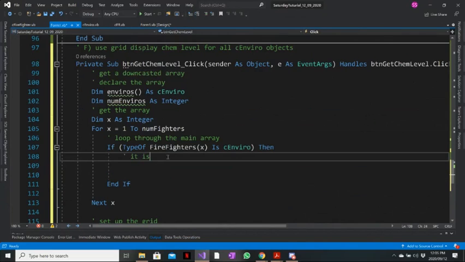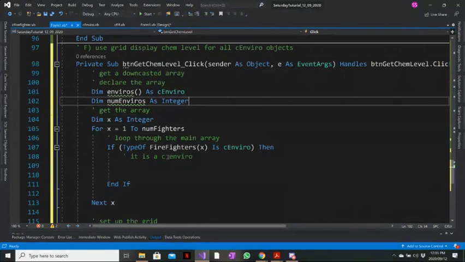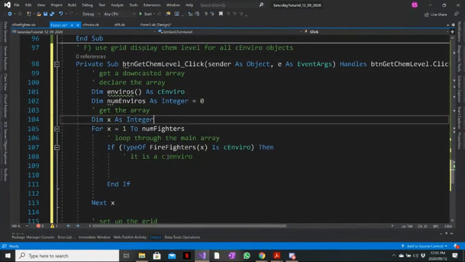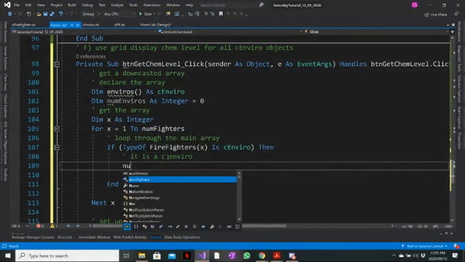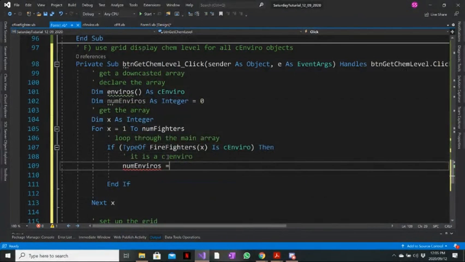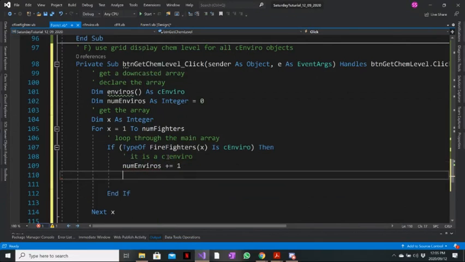Now we know it is a C enviro, right? And we're going to say, okay, let's just set this to 0 so it's easy. num enviros plus equals 1, and then we're going to go,